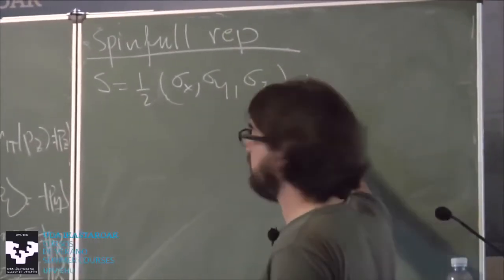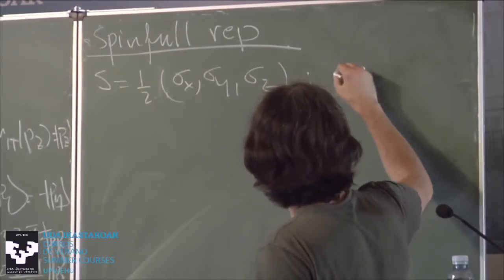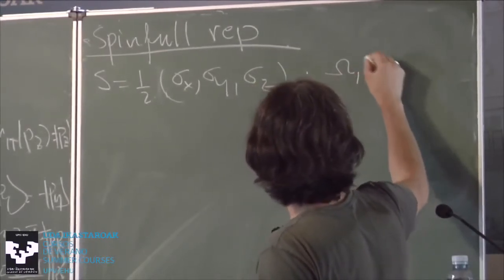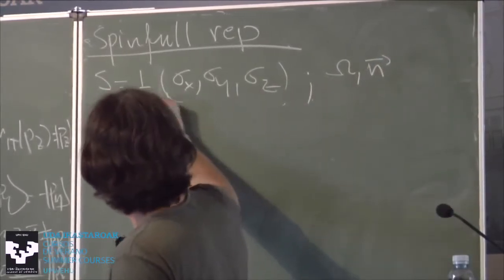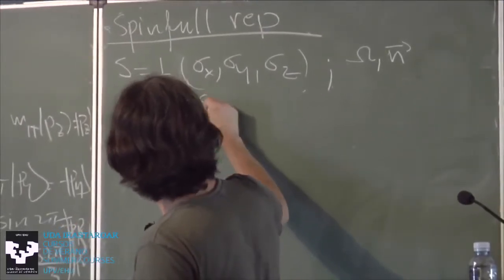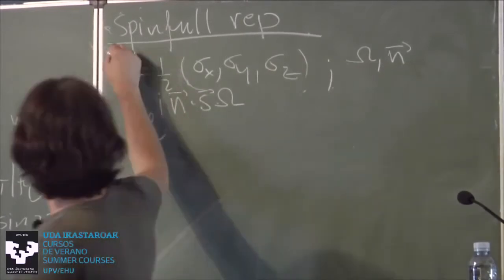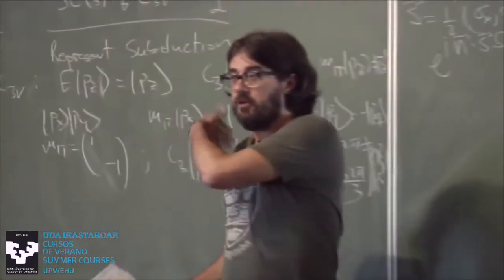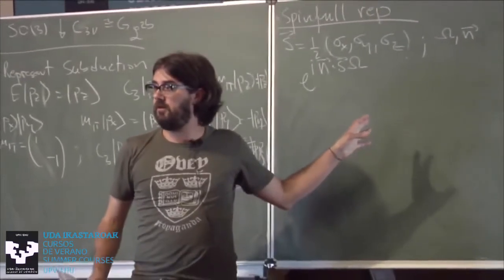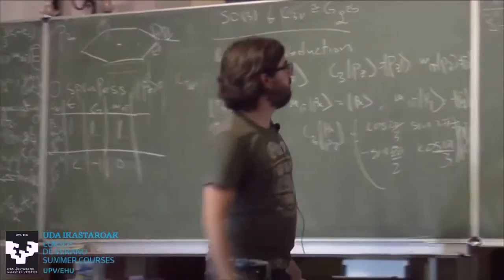And all I need to do is, I know the representations of this guy, SU2, their rotations by some angle omega around an axis n, okay? And they look like this. They're e to the i n dot s times omega. This is a number, this is a vector. These are the representations of spin 1/2, right? If instead of spin 1/2 I had spin 1, I'd obtain the rotation group, etc. Is this clear? Okay? So now we can mechanically get the representation.